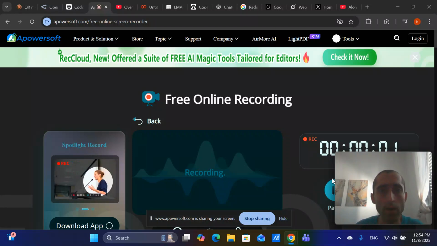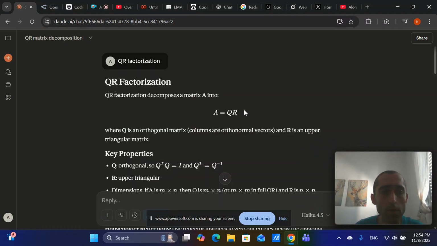Okay, so let's see how QR factorization is done in linear algebra. The idea of QR factorization is to take a matrix, let's call it A, any matrix, it doesn't have to be square, it doesn't have to be invertible, any matrix A, and to factorize it into two matrices. One is called Q, which is an orthogonal matrix, and the other one is an upper triangular matrix,